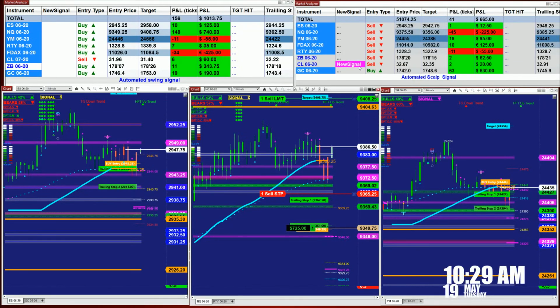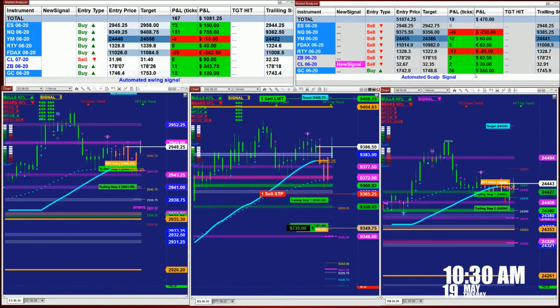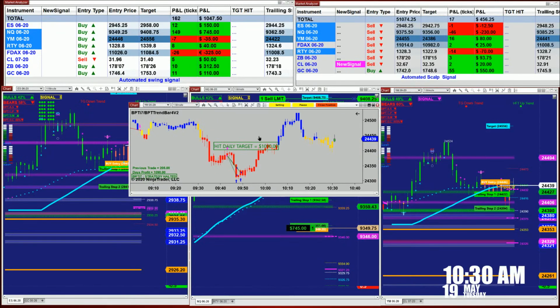As you see, we have a new signal on the CL sell position at 32.67, target 32.35. The target is not a fixed target. So every time you have a new signal, the system calculates the market movement, and every time will give you a different target. It's not a fixed target. On this kind of auto trade, we'll take a different one than the NASDAQ. We just closed the YM. On this kind of auto trade,